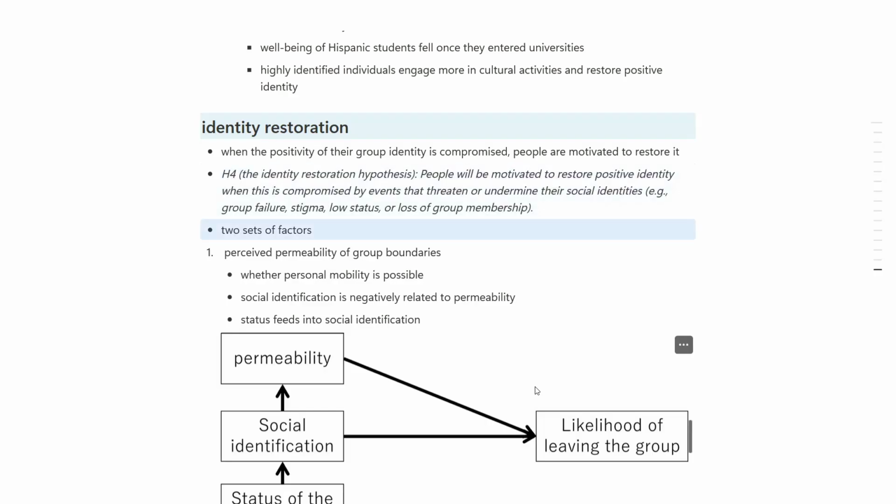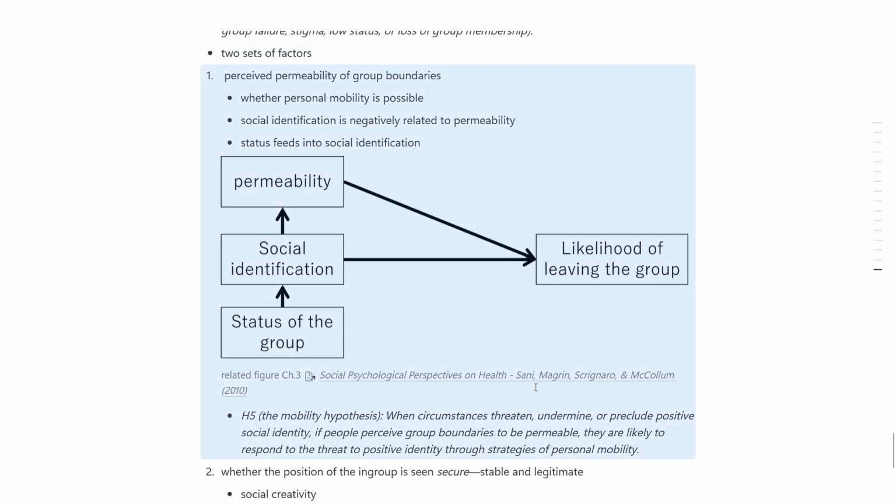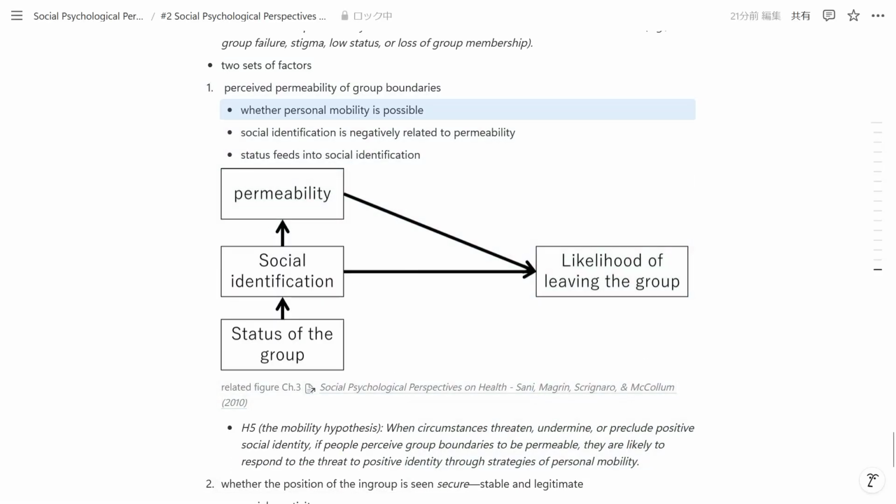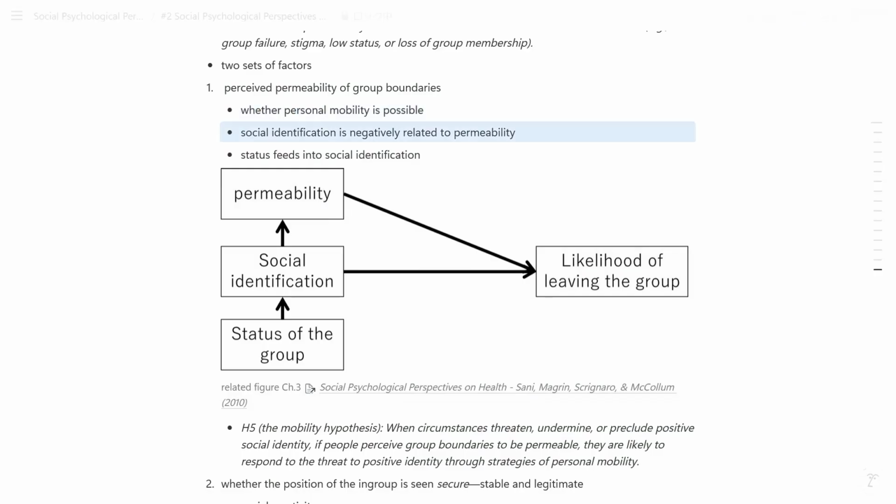And there are two sets of factors in how people deal with negative events. The first one is the perceived permeability of group boundaries. Permeability really means whether you can join or leave the group. Okay, so whether personal mobility is possible. This is what I just explained, whether people can leave or join a group. And then social identification is negatively related to permeability. This means that